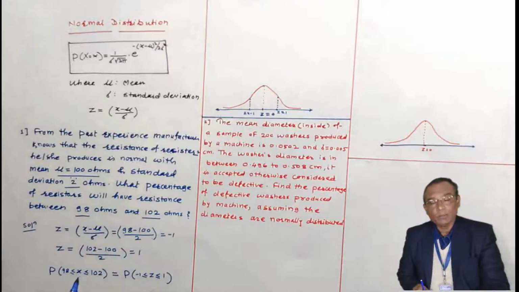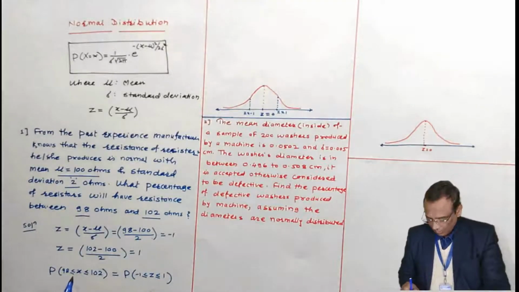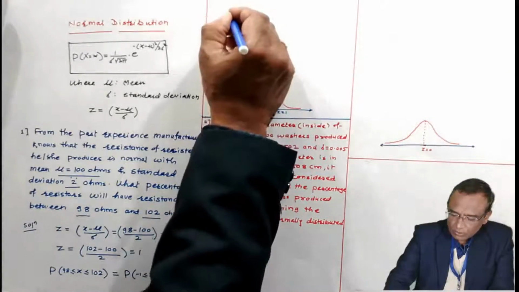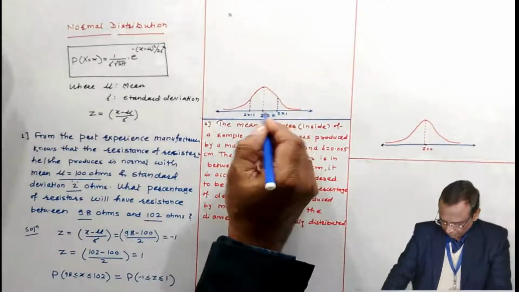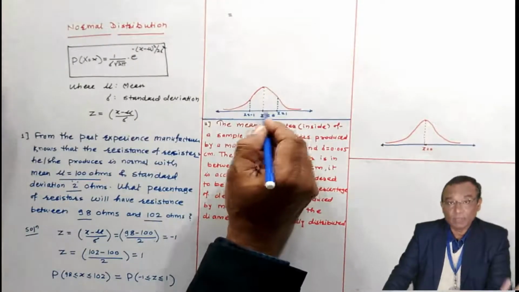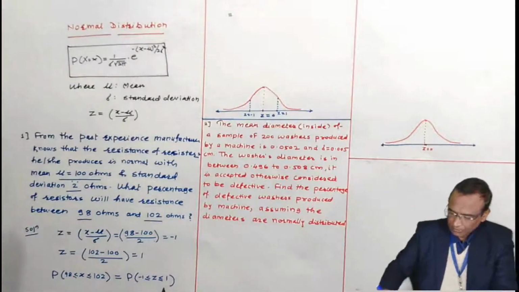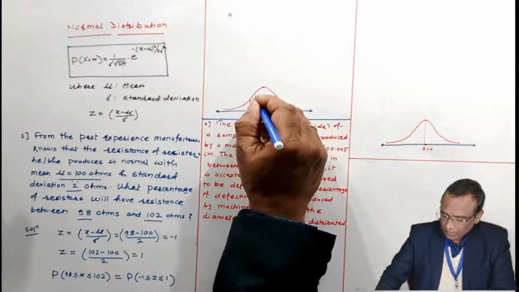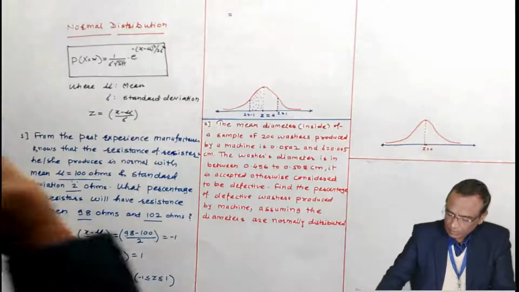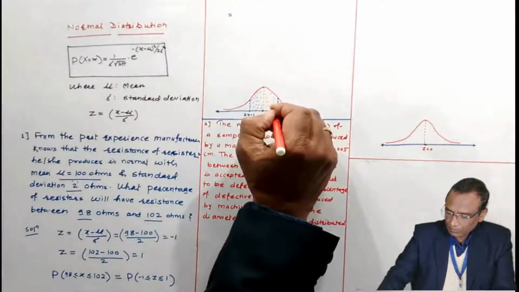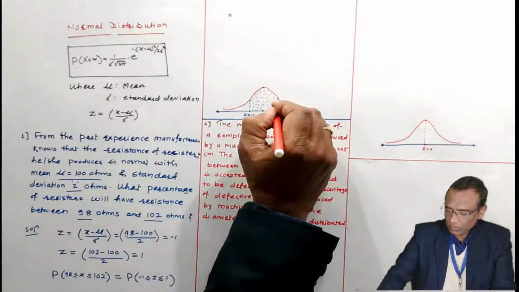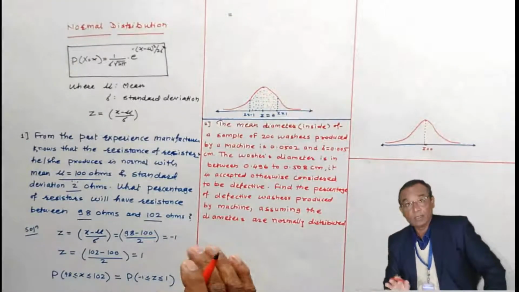This random variable x, I have mapped with the z value. This is equal to what? The area between minus 1 and 1 is what I want. I have only written this for convenience. The area between minus 1 and 1 means this area and this red dotted area. We want the total dotted area under the normal curve.